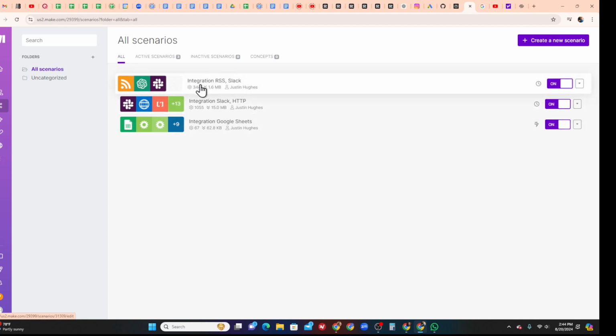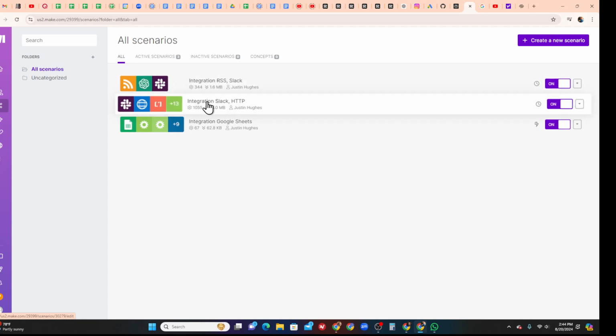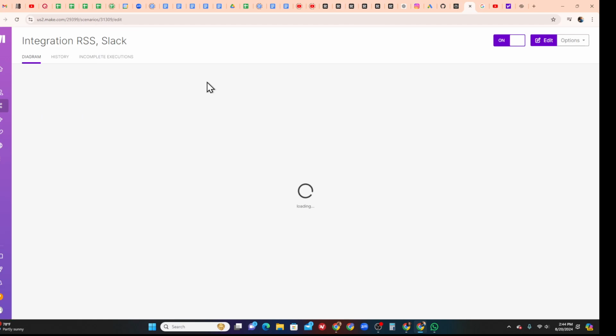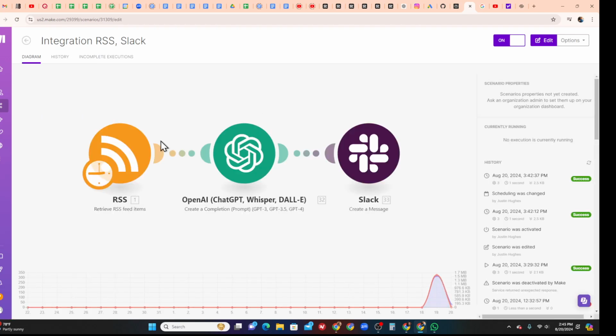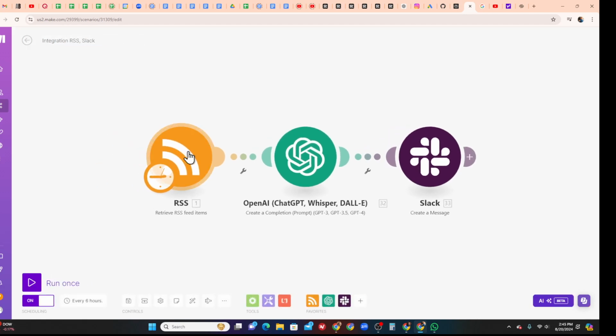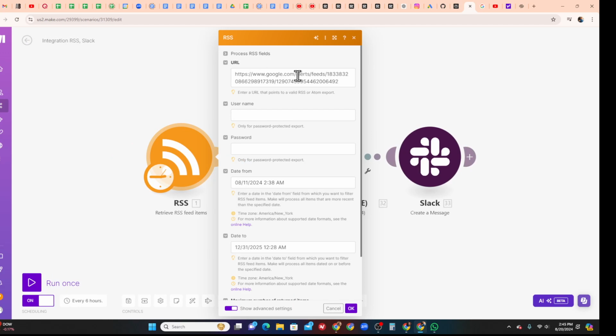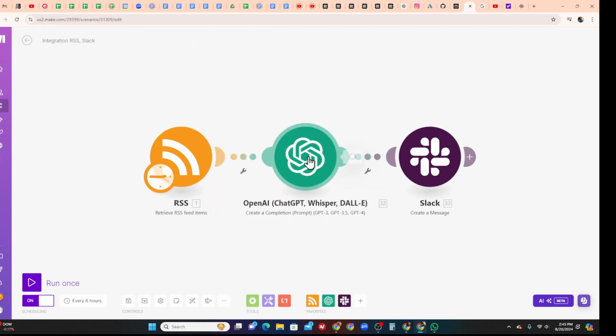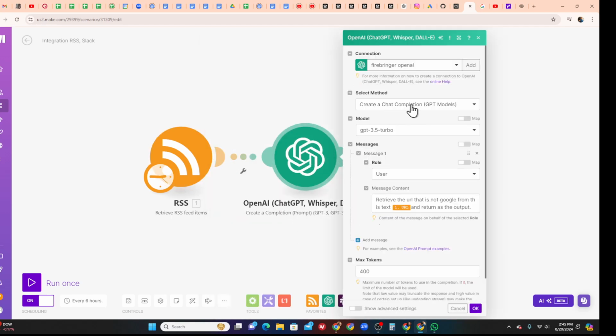So, the first step of the integration is actually an RSS feed. I set up Google Alerts to RSS, and all you've got to do is put the link to your RSS feed in your Google Alerts, put in a couple of subjects that are of value to your audience or that are ideal for what you're writing, put in the dates, set OK,